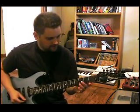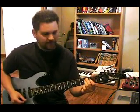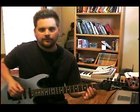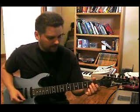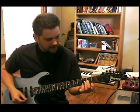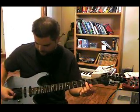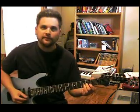The other thing that students sometimes ask me is where do I put my fingers on the frets? And that is another factor that will cause some buzzing or some muting where the string's not sounding properly. Now these metal things are the frets themselves, but when you push down behind the fret, you're actually shortening the string from the fret to the bridge. So ideally you want to be fairly close to the fret,